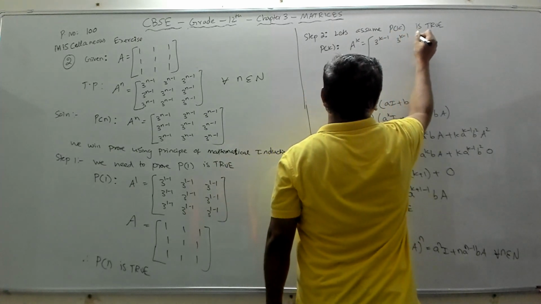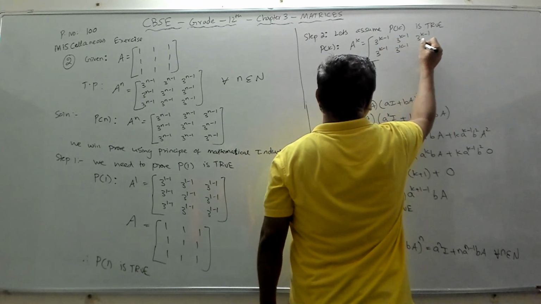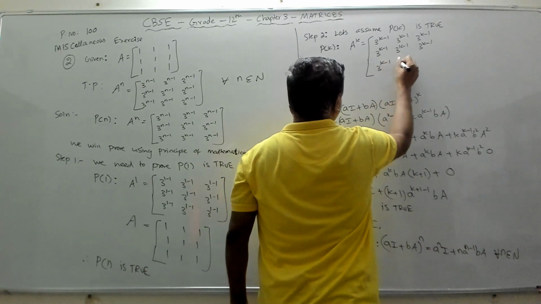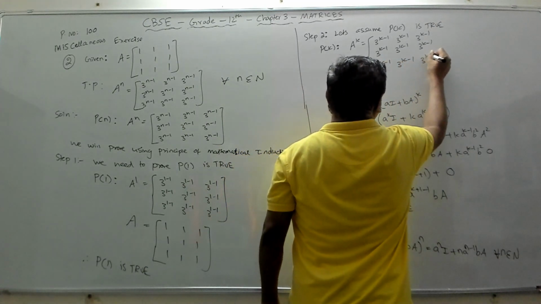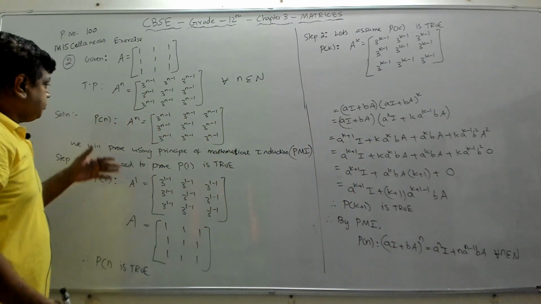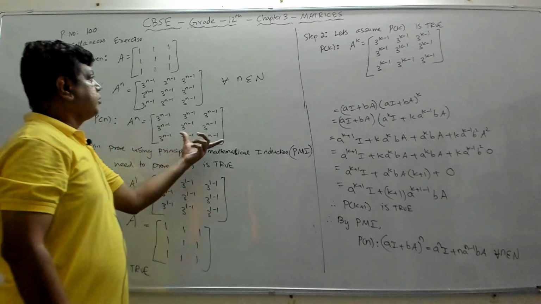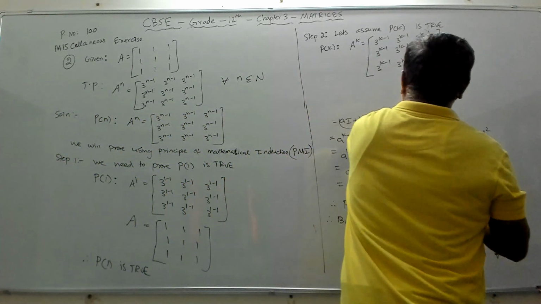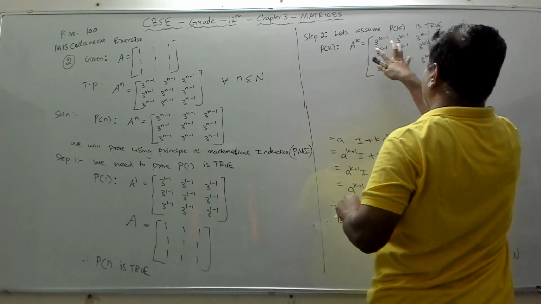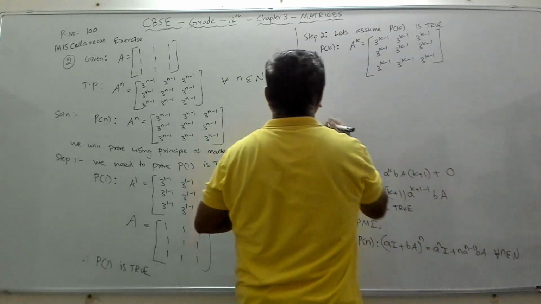So wherever n is there, you put k, you will get P of k. Now this we are assuming, let's assume that this is true, which means wherever you see a power k, I can put this. So this we are assuming. Now step 3